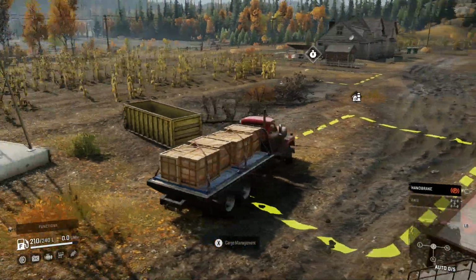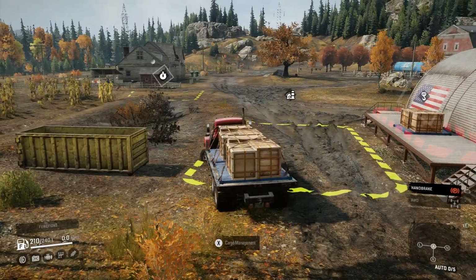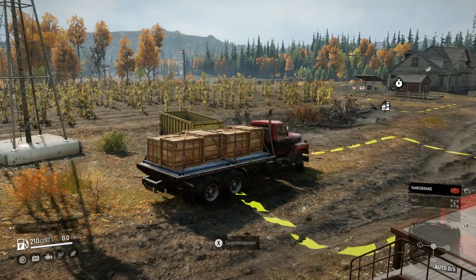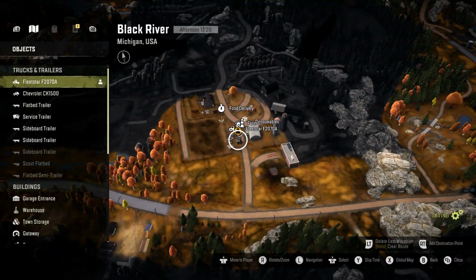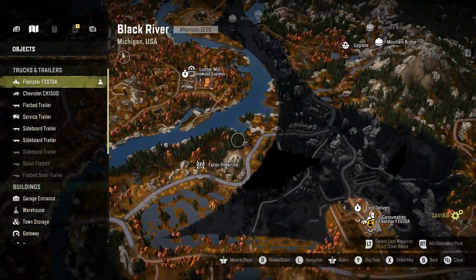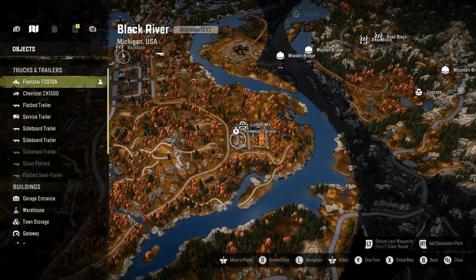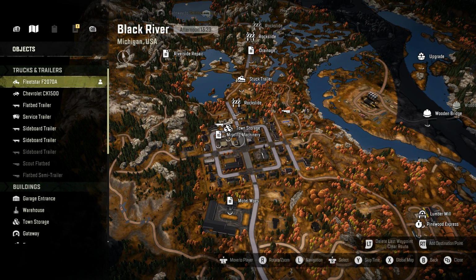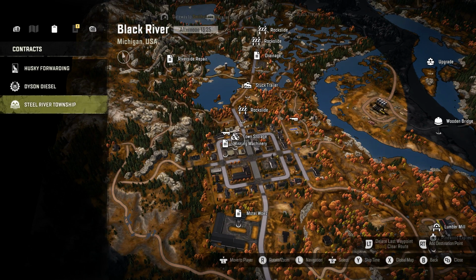by the farm, right where he left us at the end of the last episode. He's loaded up with the consumables they need for our mission, but we also need some wood, which we can get on the way to the objective. So we're down here with the consumables. We can go to the lumberyard and get some wood, and then drop it all off once at the town storage. We're doing the